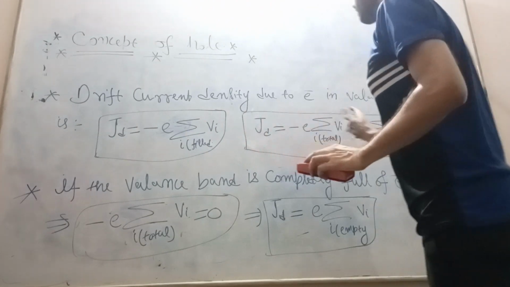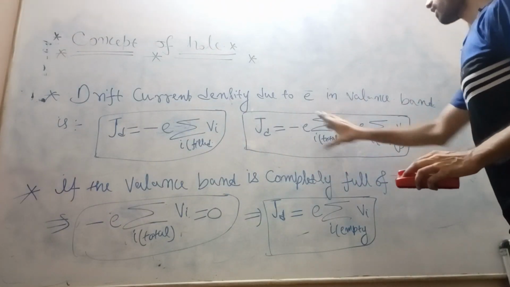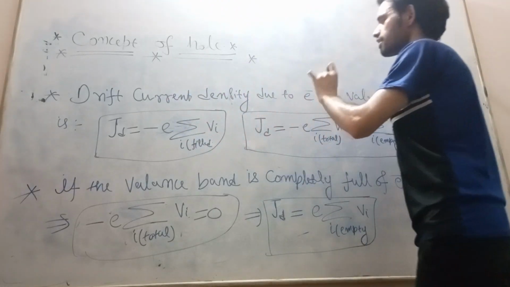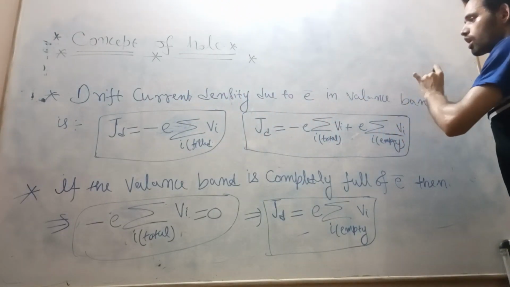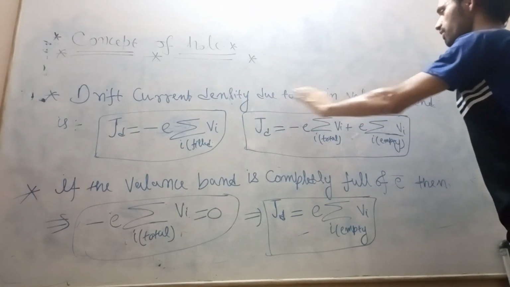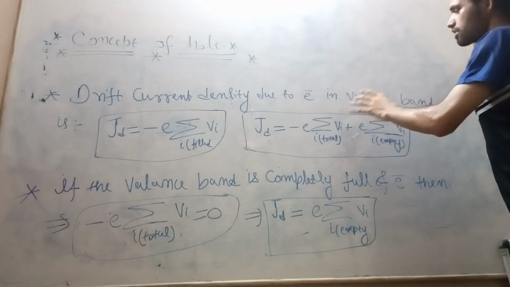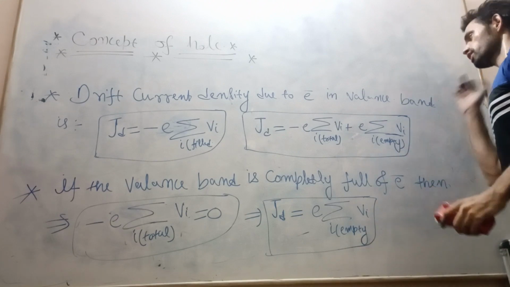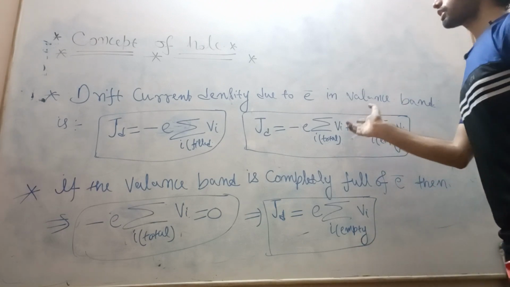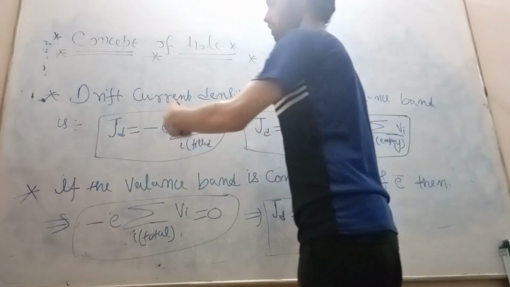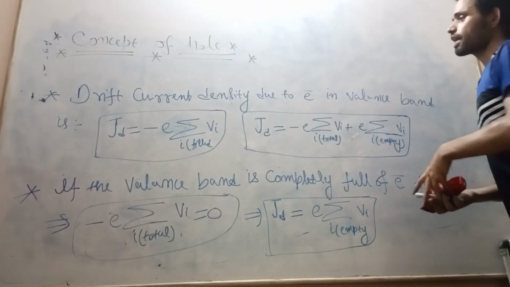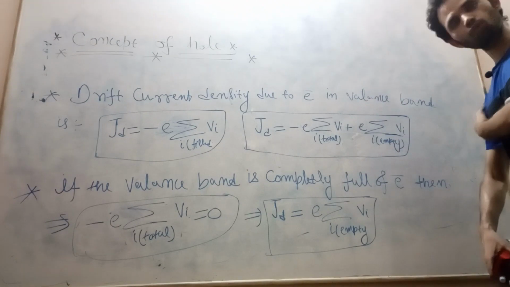So this is the drift current density due to electrons in the valence band. Electrons in the valence band, in the sense that the drift current density is due to what? Due to holes. Ultimately we can say the drift current density due to holes, or the drift current density due to electrons in the valence band, means these bound electrons are moving from one bound state to another bound state,